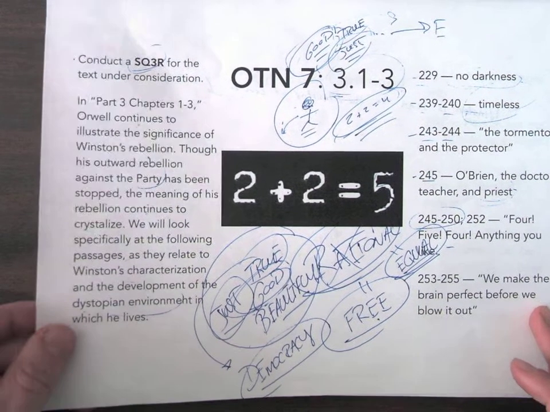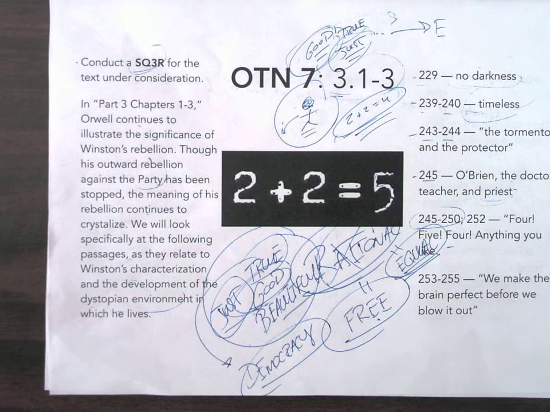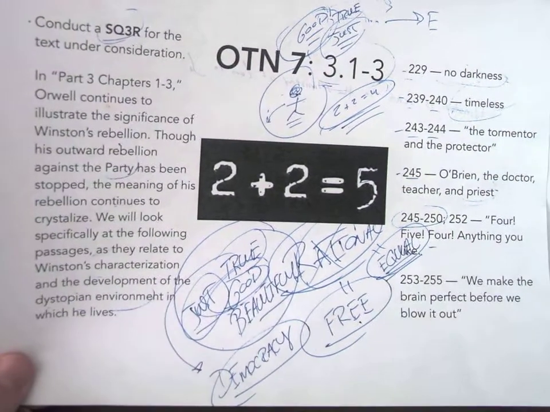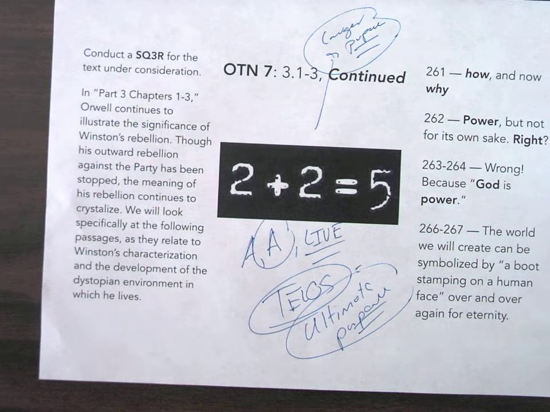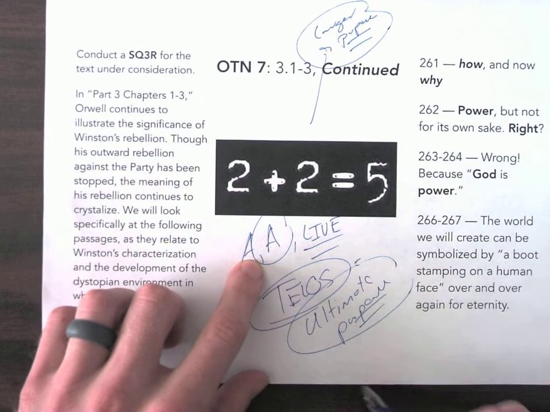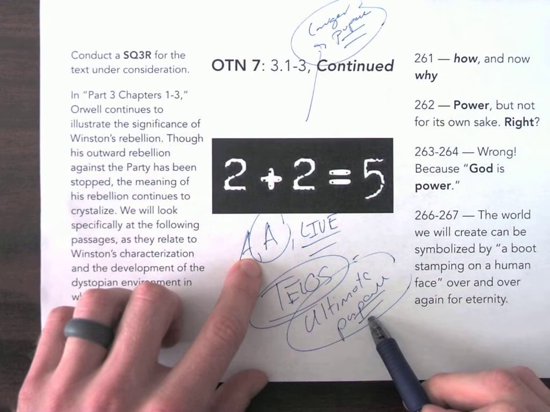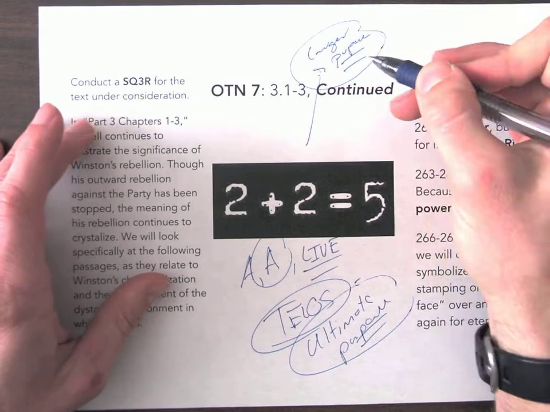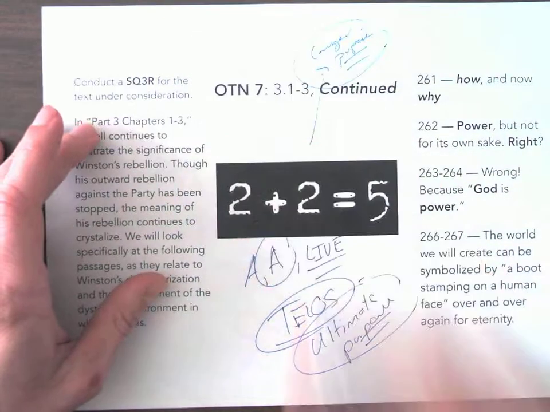Okay, so the next phase of Winston's re-education and redemption is another assault on Winston's rational nature. Okay, a deeper level of his rational nature, which is related to Winston's ability to ask, answer, and live in light of teleological questions, or questions of ultimate purpose. All right? So what do I mean by telos? I mean a larger purpose that is at the back of or at the end of one's actions.